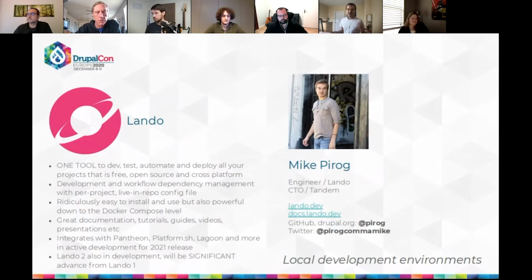One of the nice things about Lando, it's free and open source, and we're independent, so we're not attached to any given hosting provider. I think that's allowed us to do some interesting things that others might not be able to do. And I think that's one of the big differentiating factors for Lando compared to other things that are similar, is